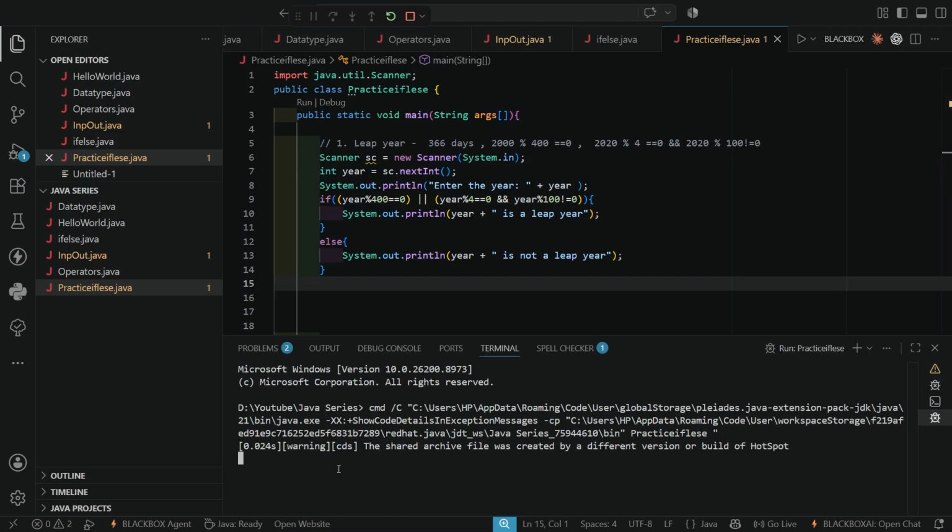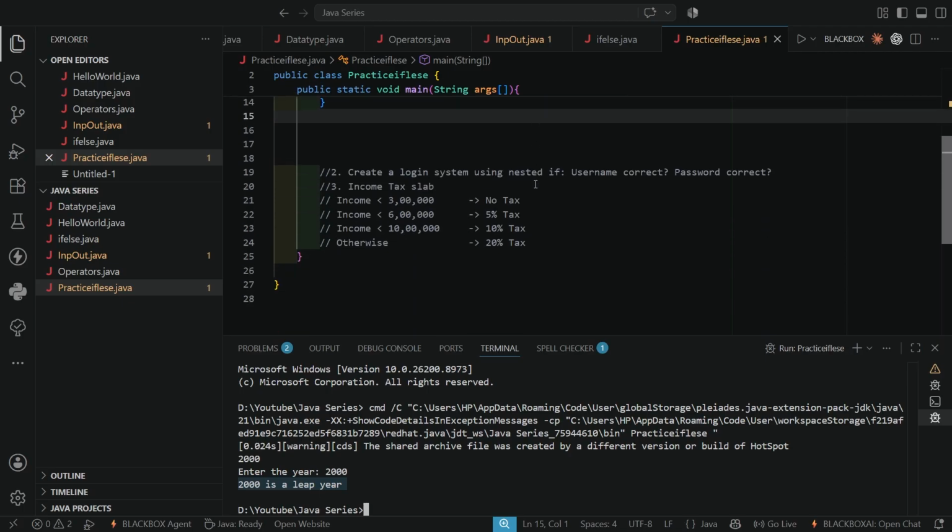It is asking for input from the user. I will give a century year, for example 2000. The year is printed along with the message that it is a leap year. This is one example of if else using a leap year.